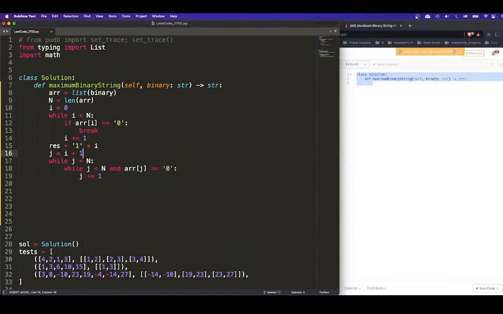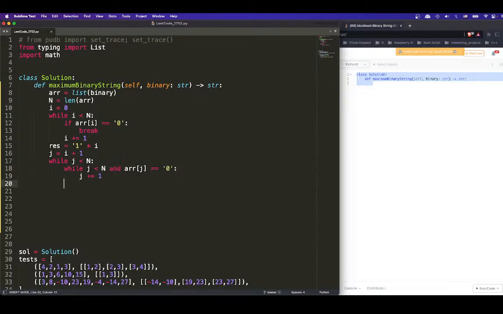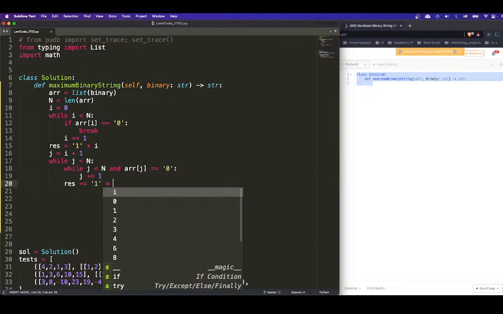And then what will happen is we have J equal to this, and then we're gonna just keep going until we find the first 0, right? And then we jump out. So J is pointing to the 1, I is pointing to 0, and in between is all gonna be 1. So we just say rest gonna be plus equal to 1 times,